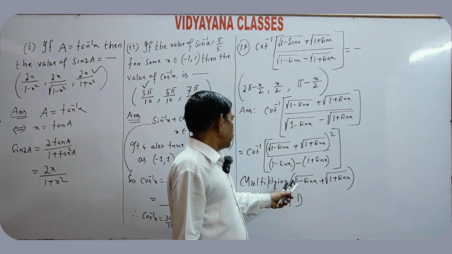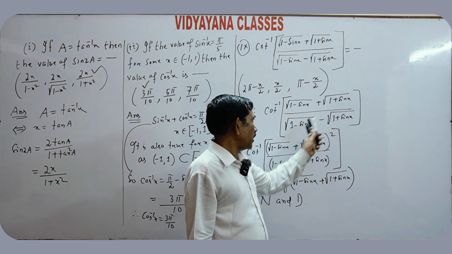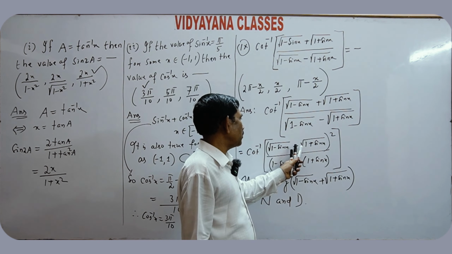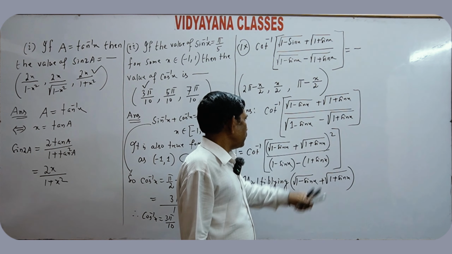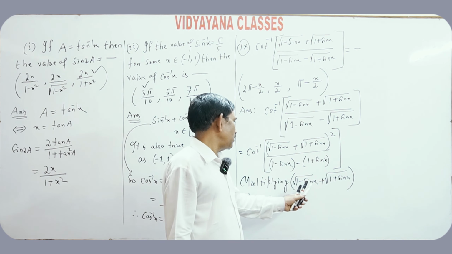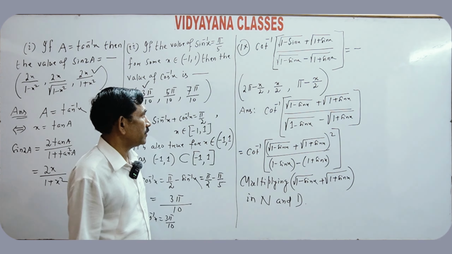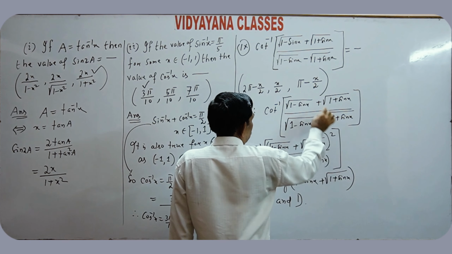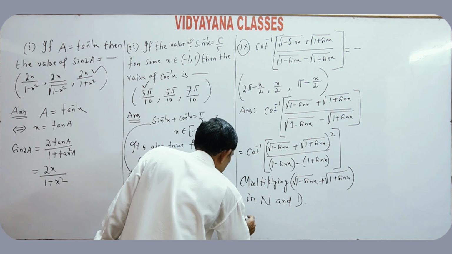Multiplying root of 1 minus sin x plus root of 1 plus sin x in numerator and denominator, which gives root of 1 minus sin x plus root of 1 plus sin x whole square divided by 1 minus sin x minus (1 plus sin x). Multiplying this factor in numerator and denominator, which gives